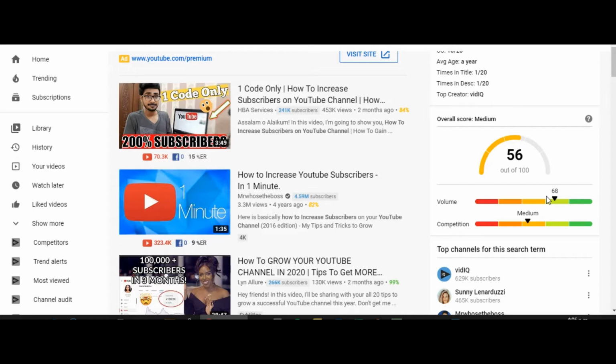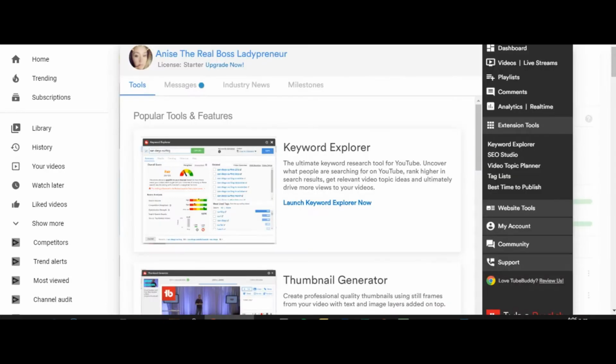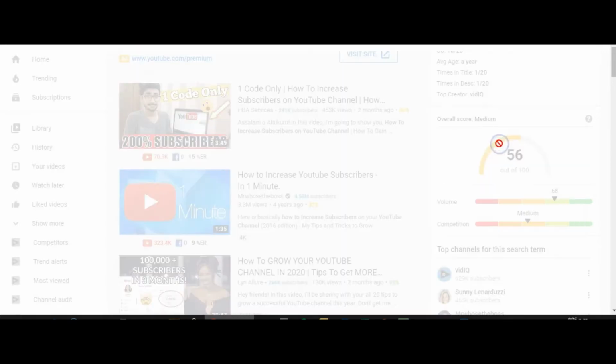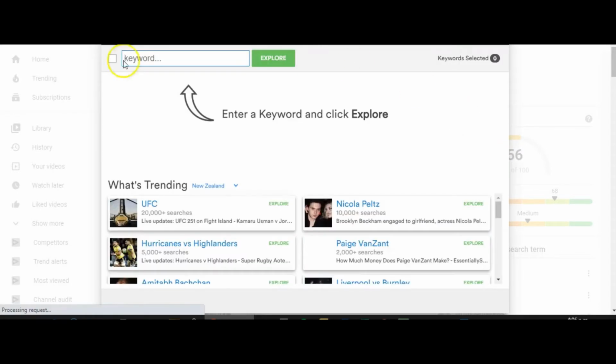Now the next tool that I would highly recommend using is TubeBuddy, a downloadable app that will install into your YouTube platform, and you can click it and come into this. So the keyword explorer is what you are best to use, and what that will do is it will give you the opportunity to search for the best titles and then keywords if you would like to pay for the subscription. So you can use the free one as I am here right now, and let's look into something like